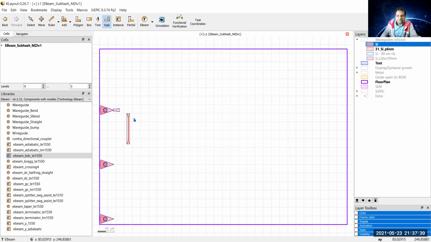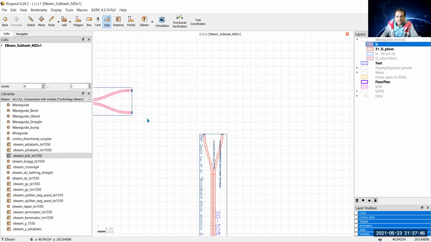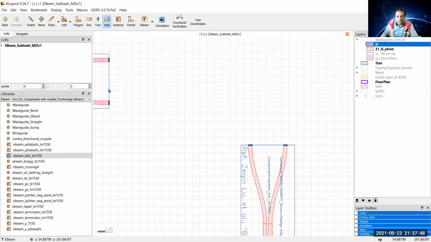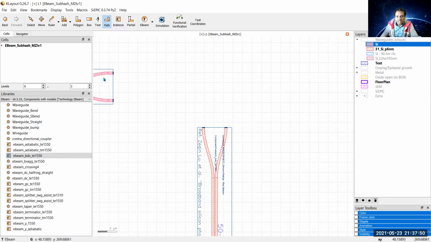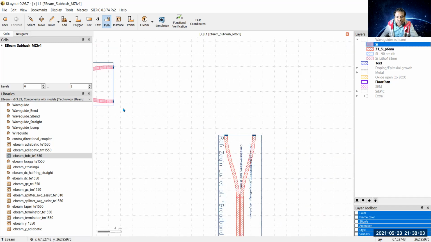Say OK. Now we are in the position to make the connection between the outputs of the Y branch, which splits the light into two parts, and the inputs of the bidirectional coupler, which will work as the second coupler of the Mach-Zehnder interferometer. So I click first. I want to connect these two ports.